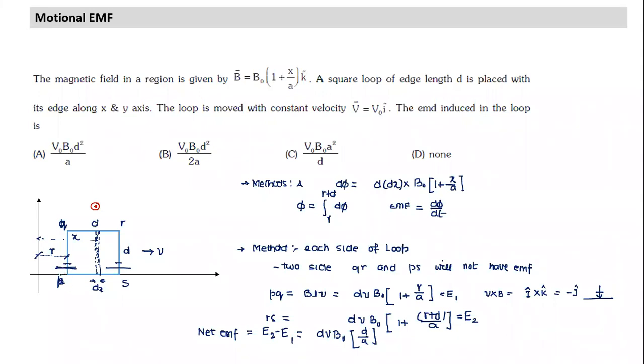Sorry, I missed one more point. At least as far as the rod is concerned, all along the length of the rod, B is constant. B is varying with x, but for this portion of the rod, all along the length the x coordinate is the same. That's why I can use this equation. For applying this equation, along the length of the rod, B has to be uniform. And here, for this particular rod, B is uniform. Even though the overall B field is not uniform, since the rod has a constant value of x, both PQ as well as RS, hence we can do that.